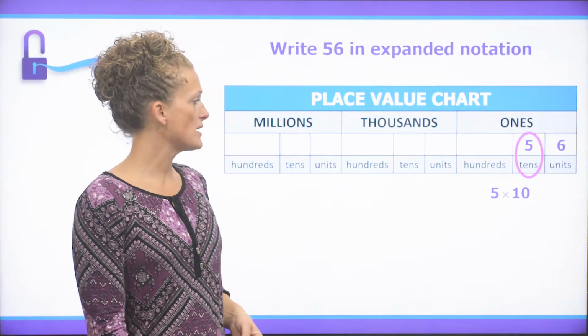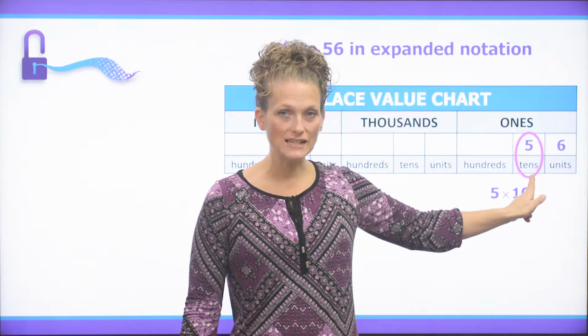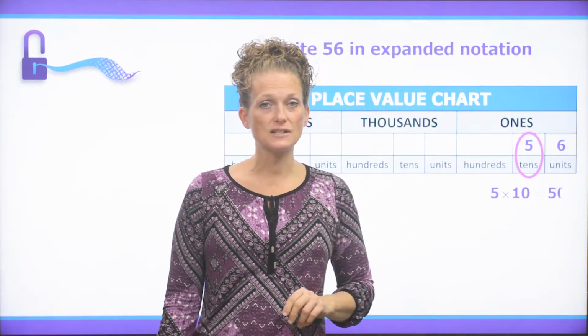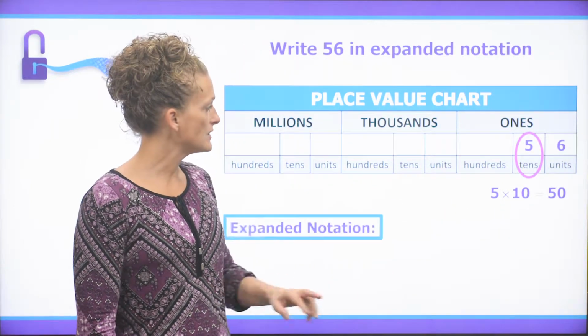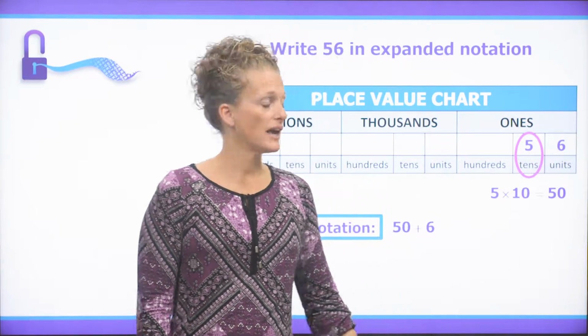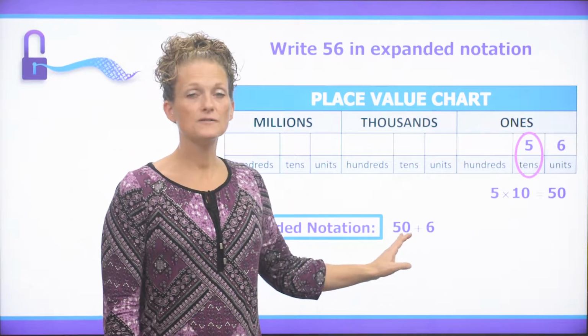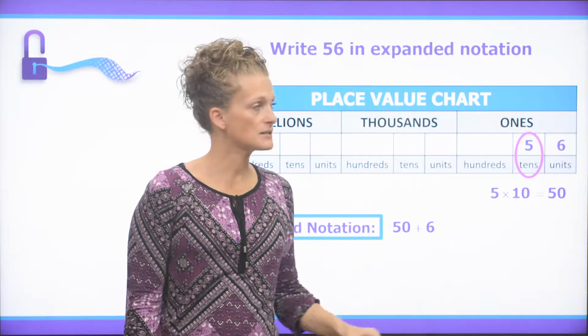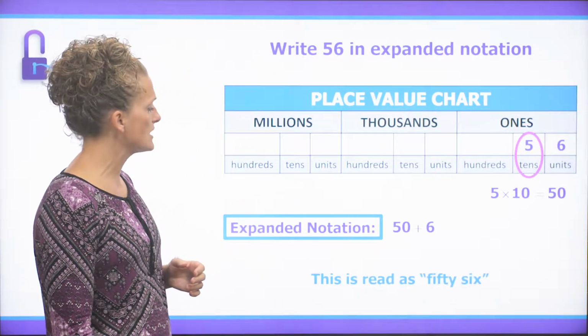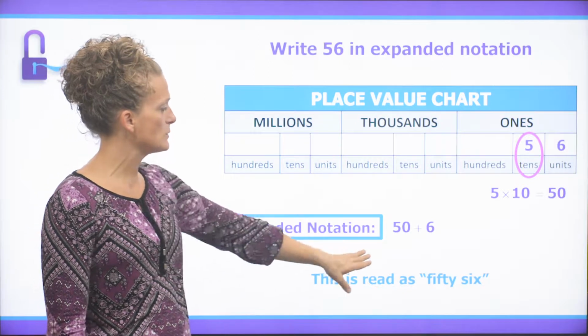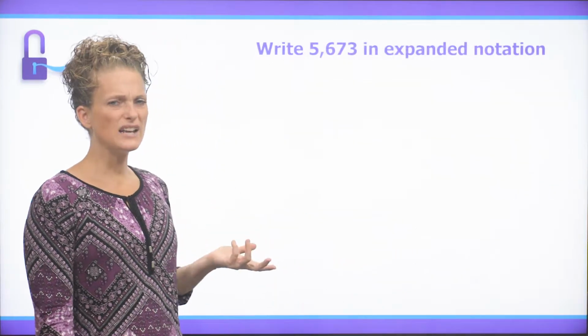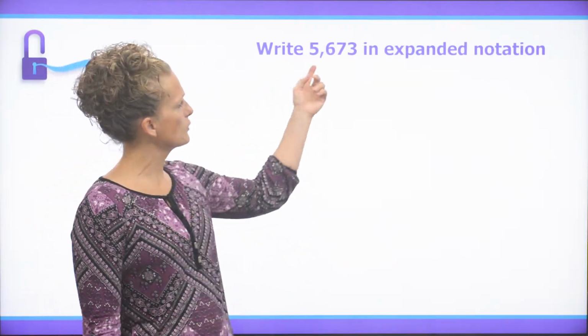So when we look at the 5, we have 5 groups of 10. So that's 5 times 10, which tells us we have 50. And then, of course, we have the 6 units. And so in expanded notation, 56 is 50 plus 6. All right, so that was pretty simple. So this number is read as 56. But let's go ahead and look at a number that is a little more interesting,